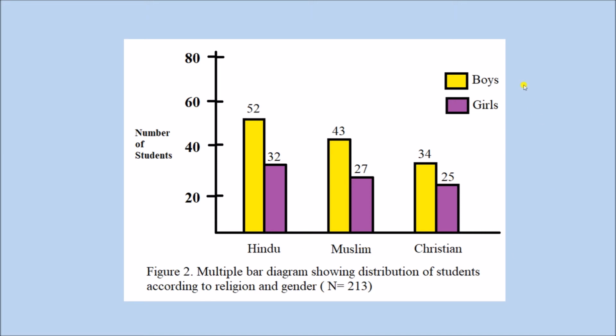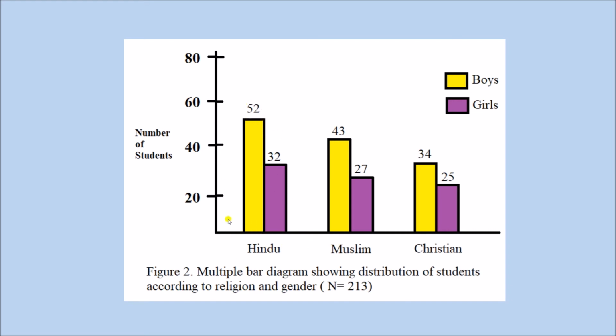So if you notice the legend here, this is known as legend. Since we have used different colored bars in our bar diagram, the yellow bar represents the boy students, whereas the purple bar represents the girl students. And since there are two different variables, boys and girls, and also the religion, that is why boys and girls have been drawn adjacent to each other, and also the religion, that is another variable, and that is why this